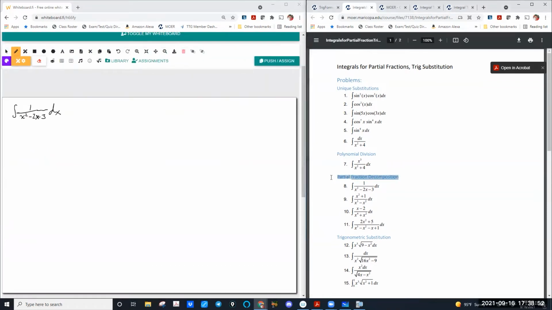Partial fraction decomposition. What is it? When do we use it? Partial fraction decomposition is actually an algebraic technique. What it does is it splits fractions. Basically, if we had 1/2 and we want to split that into 2 fractions, we could look at